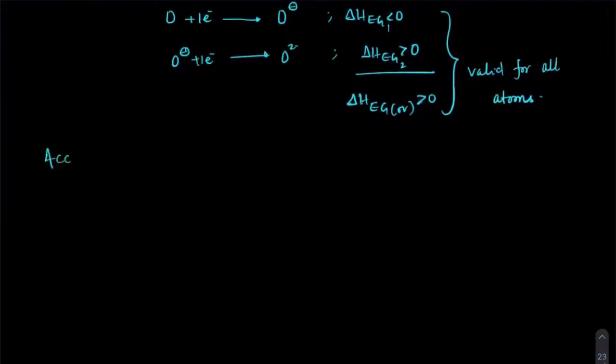Yes, sir. If you check across the period, lithium is less than carbon, is less than boron. Sorry, lithium is less than boron, is less than carbon, is less than oxygen, is less than fluorine. Beryllium and nitrogen won't be there, right? Because they have positive electron gain enthalpy. All of these are negative gain enthalpies. Remember this.